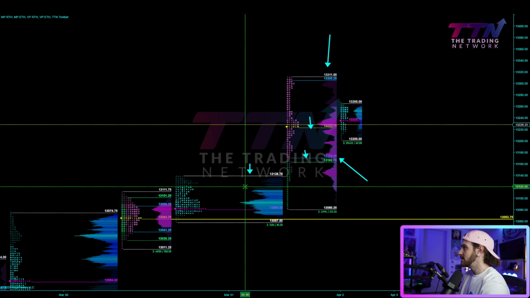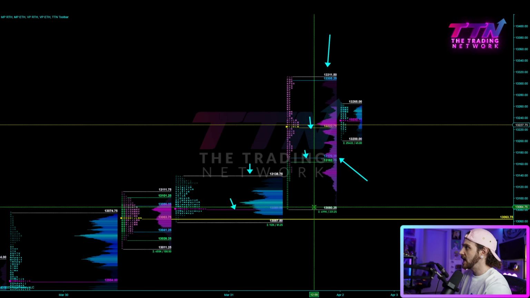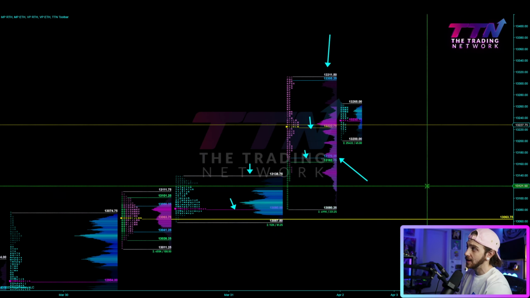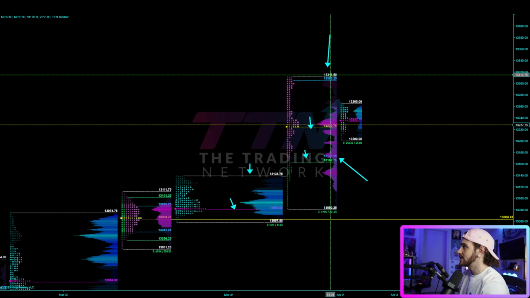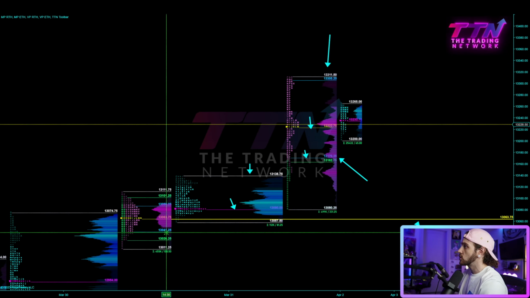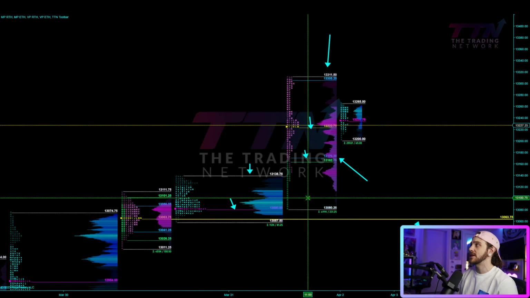and then a break back into the overnight range likely gets us down to 13,080, which is not only the overnight POC from Thursday into Friday, but it's also Friday's low. So very, very good confluence there. And then less than 20 points below that level, we have a naked point of control, which is Thursday's POC. So there is a case for downside.